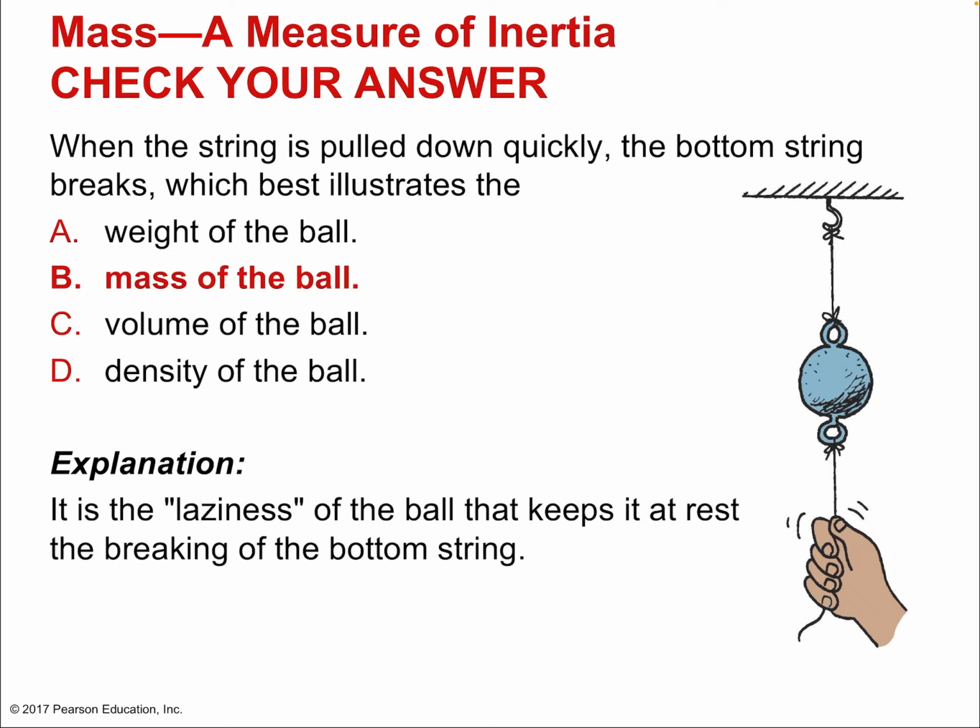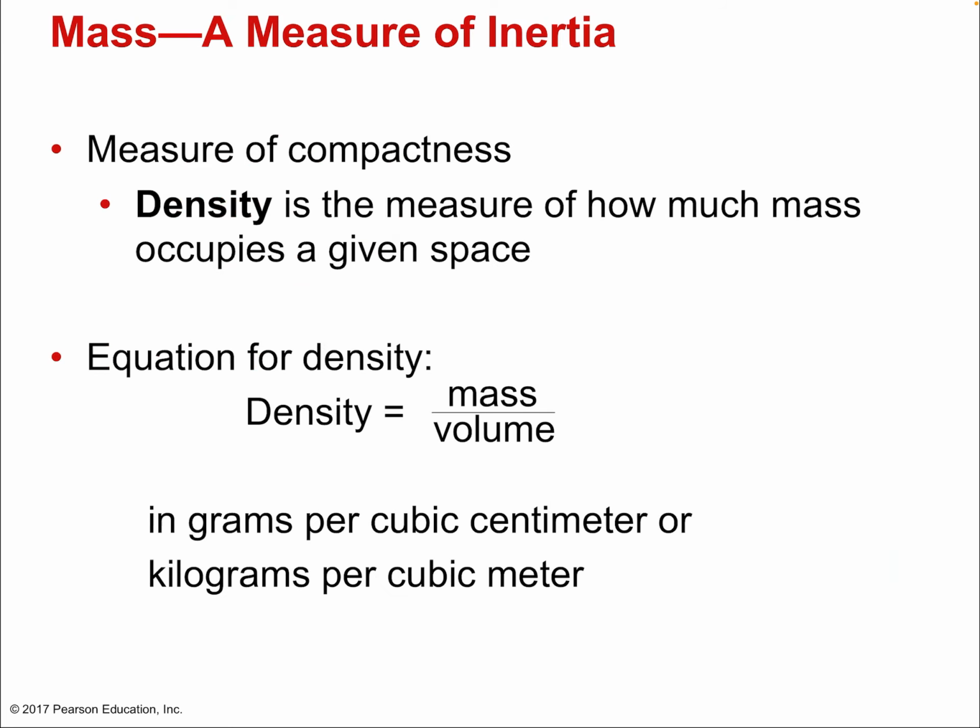Okay? So these two cases of the upper string and lower string breaking really highlight the idea of how physics sometimes seems subtle or contradictory, but it's not. It's just a matter of these being different circumstances. Pulling fast versus pulling slow have very different criteria. These are very physically distinct situations. Okay, so a little bit more about mass, and its relationship to volume.